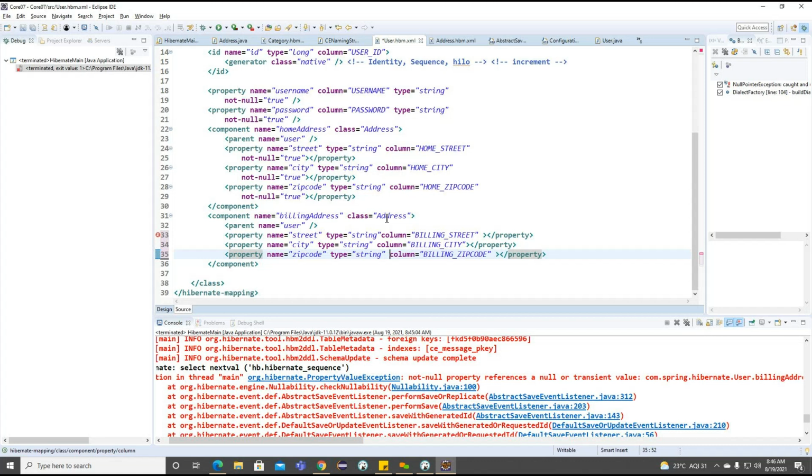The string zip code. Where we are missing something, we are getting an error here. Typo column. Okay.